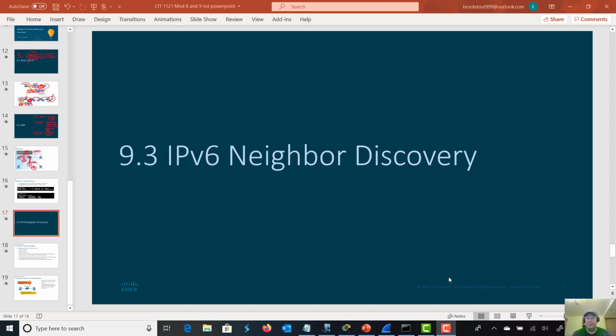except ARP is considered a broadcast technology. So when you send out an ARP request and you say, hey, who is this particular device, please send me back your MAC address, it goes to all the devices on your network. Now, in IPv6, they don't believe in broadcasts. They believe in multicast. So even though it's going to be almost exactly the same, it's a little bit different